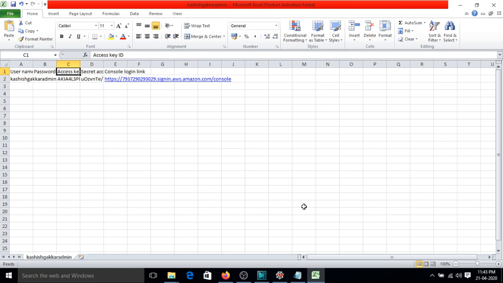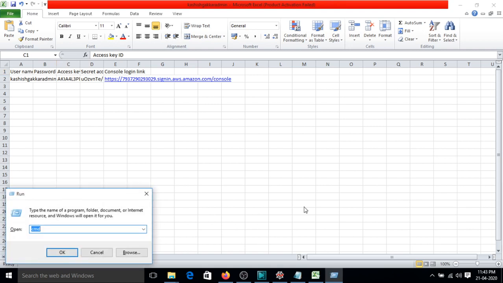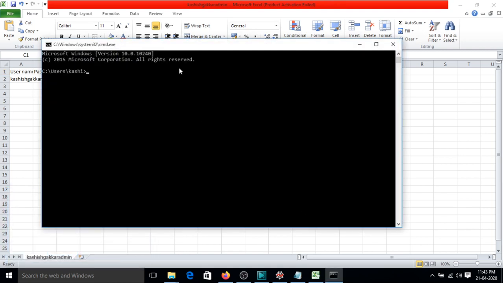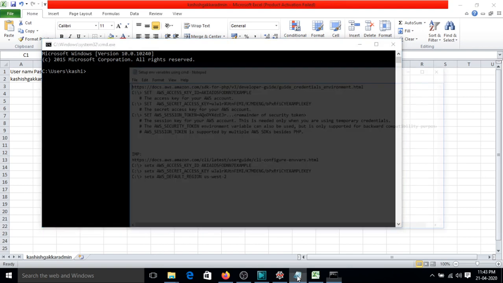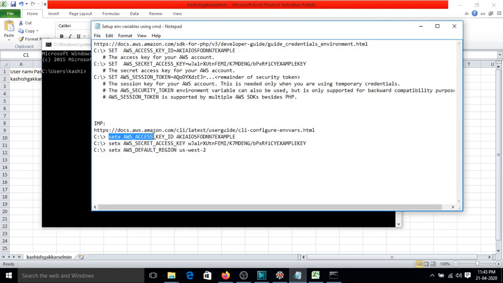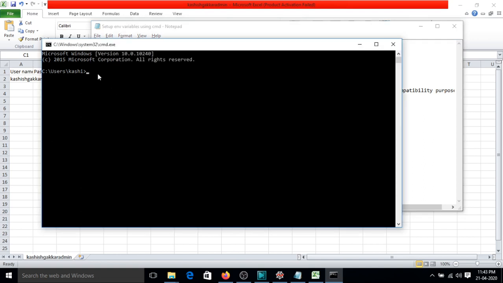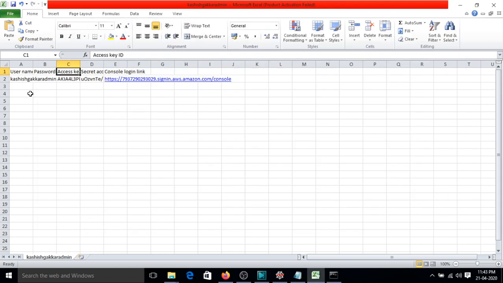Now what you have to do is go to CMD, which is command prompt. You have to run a few commands. I will show one by one. So you have to run this command setx AWS access key ID, space, the access key. You can pick it from here, the access key ID value which is given in C2.